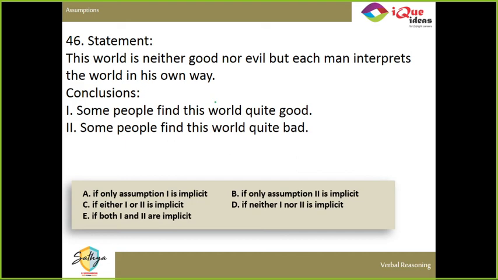Yes. It is quite possible for both the conclusions to be true simultaneously. So we mark E as the answer. They are not contradicting each other. It is possible for both these things to occur at the same time, and hence we will mark both of them as true. Did you get this one? It is possible that at the same time some people think it is good and others think that it is bad.